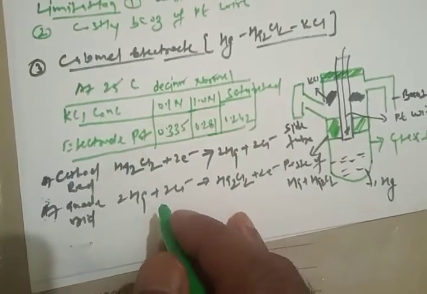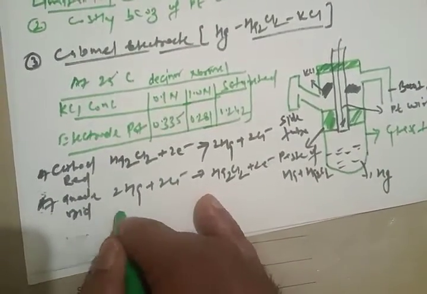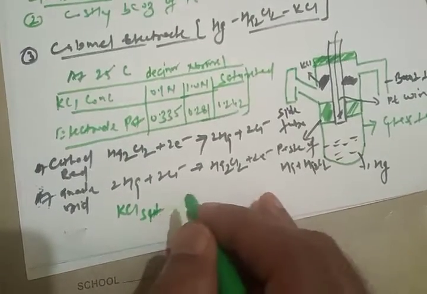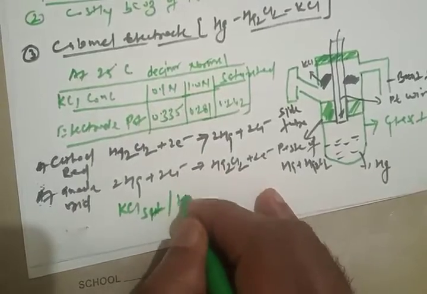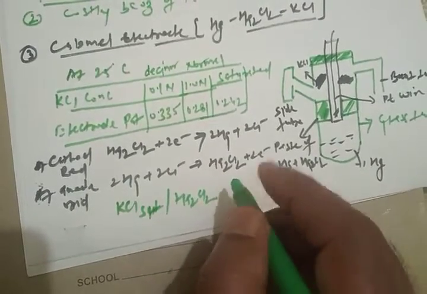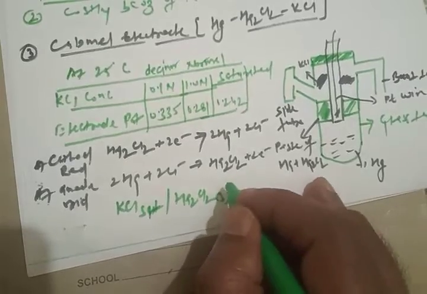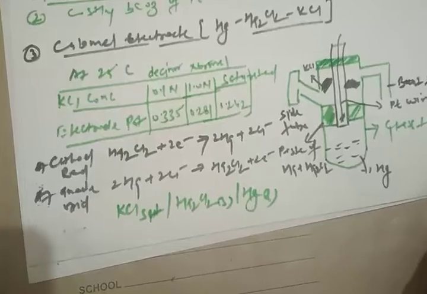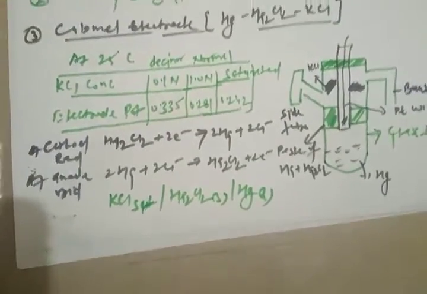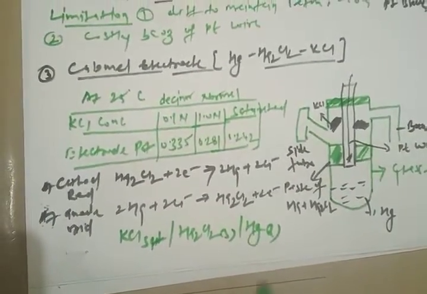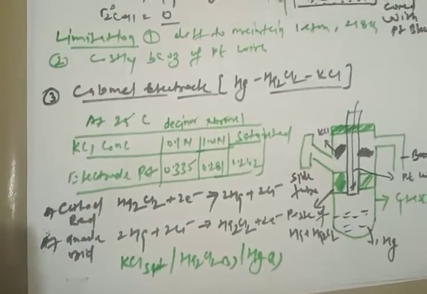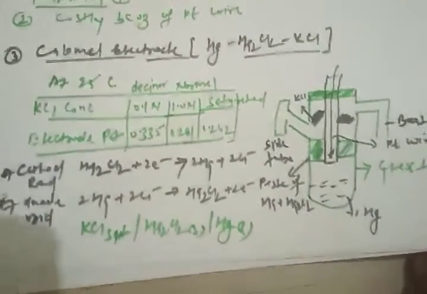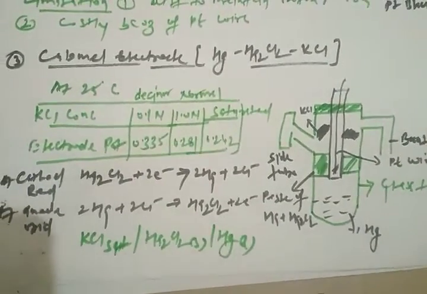And the cell, the setup of cell. So KCl, whatever is the concentration, here I am taking the saturated concentration. Then the Hg2Cl2 solid, and then the Hg is liquid. Okay, it is not a solid. So this is how the Calomel electrode looks like. Calomel electrode is very important. We will take one of the applications of Calomel electrode, so that